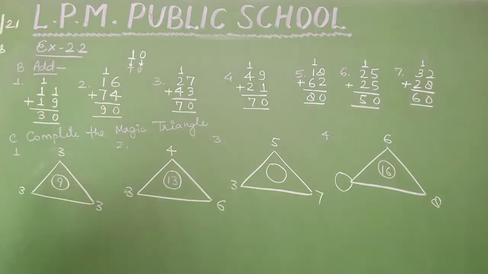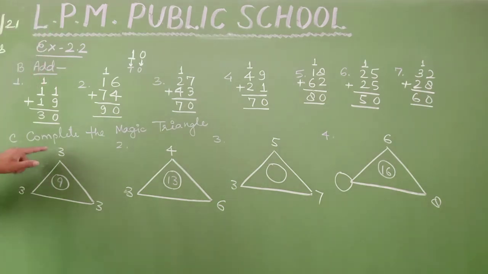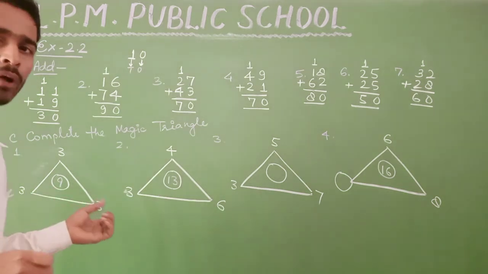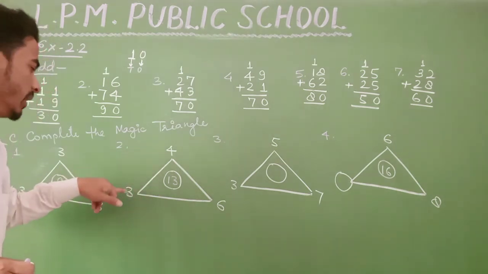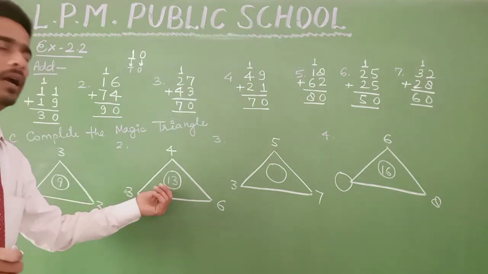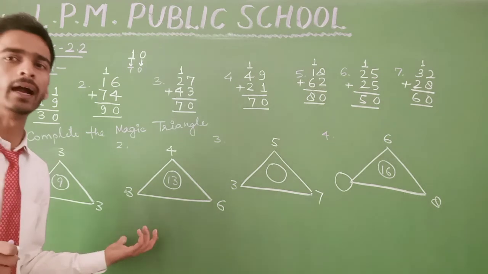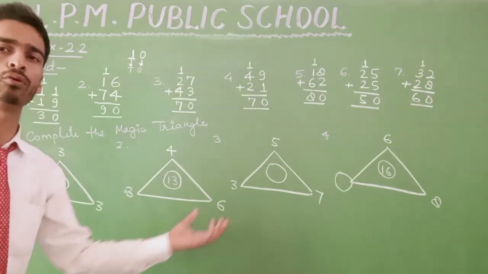From the examples that are given already, we can see that on adding 3 plus 3, 6, and 6 plus 3, 9. On adding the 3 numbers, it comes to 9. Okay, in the second example, on adding the 3 numbers, 4 plus 3 is 7, and 7 plus 6 is 13. It comes to 13. These are the examples. And from seeing these examples, we have to proceed to the next 2 questions.